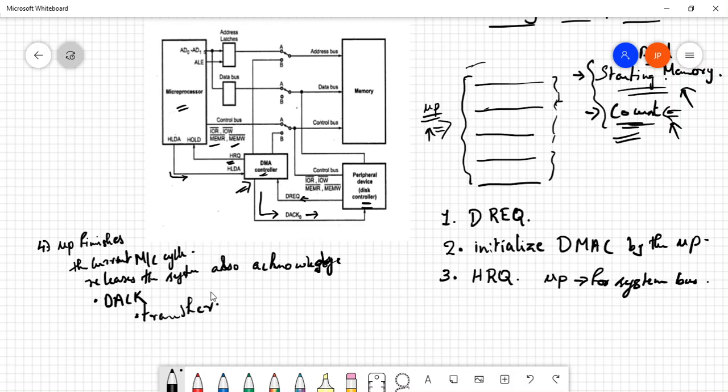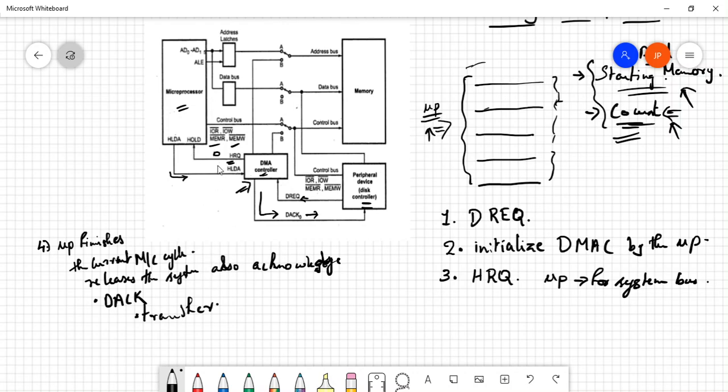Now once it reaches the terminal count, which is when the count reaches 0, the DMA will release the system bus by giving a 0 on this particular signal.